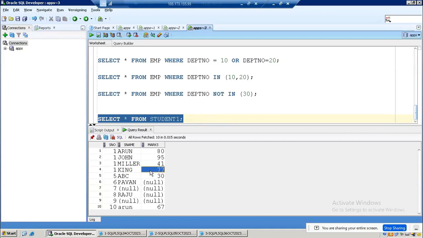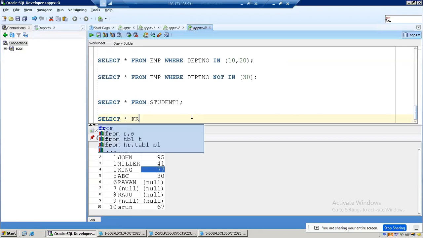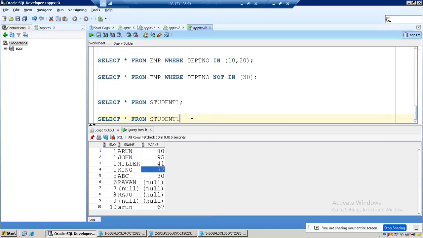I want to write a condition that marks is null. I want to display the students who are having marks null, I mean, we should not have any value for the marks. How can we write the query? Suppose you write select star from student where marks is equals to null. When I try to run this query,